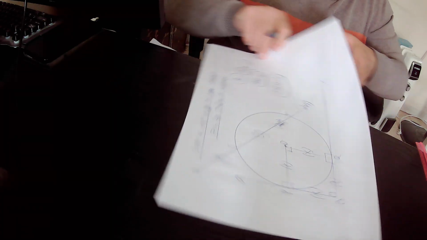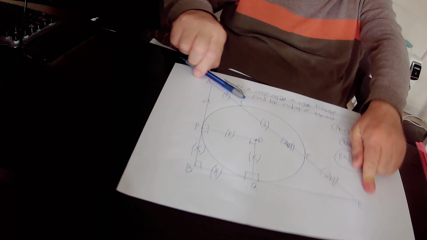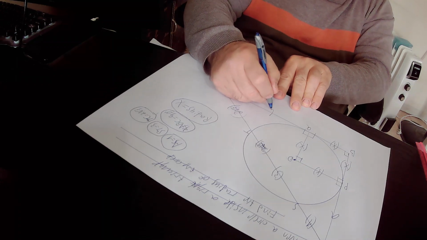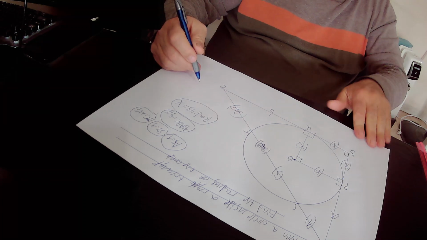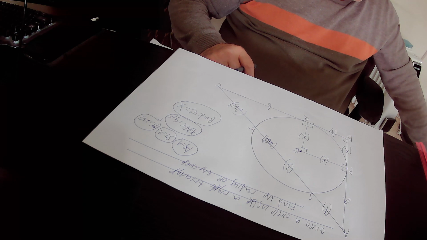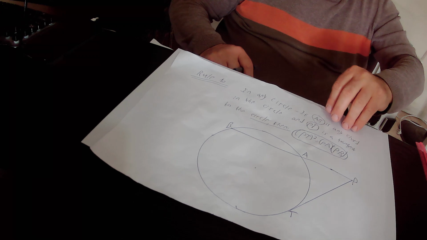And we define the length of this line segment QC as B. We can implement here rule 10. Let me quickly go over rule 10. According to rule 10, which is true in any circle,